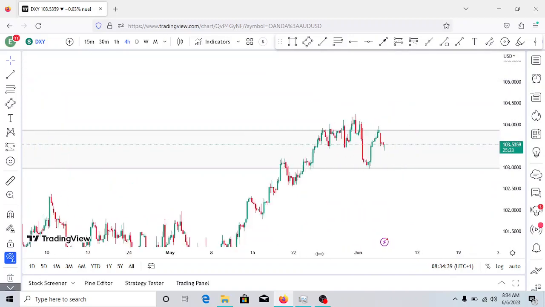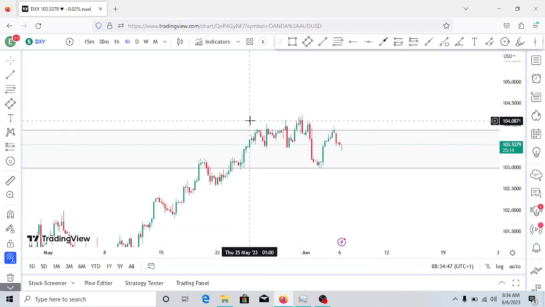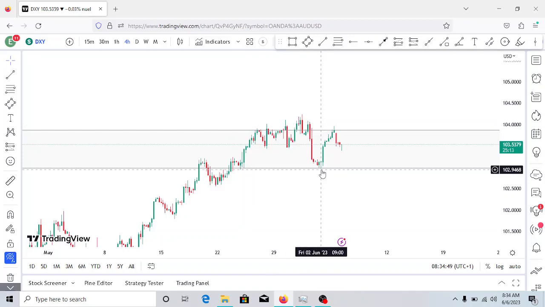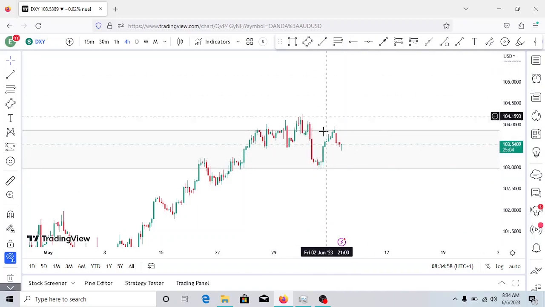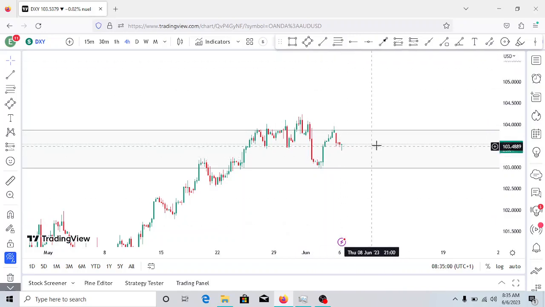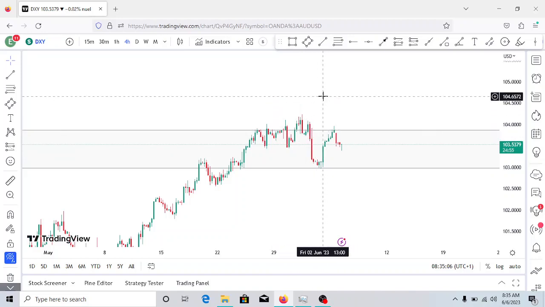the DXY, though it is at a major point of support and resistance, okay, I don't usually trade whenever it's in this support, or I want to see a clear view of what it's going to look like. I want it to either break, come down, or go up before I take my decision. But right now, just looking at this, it's looking as though the dollar will show some signs of weakness, because